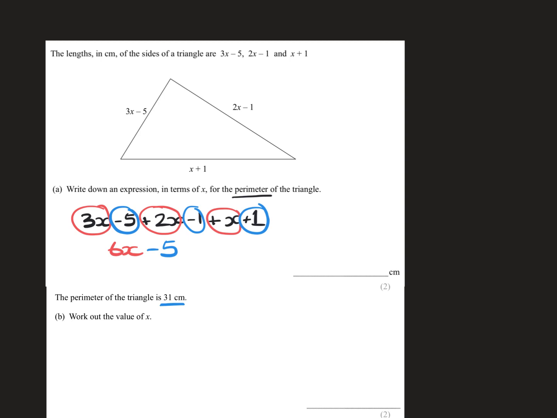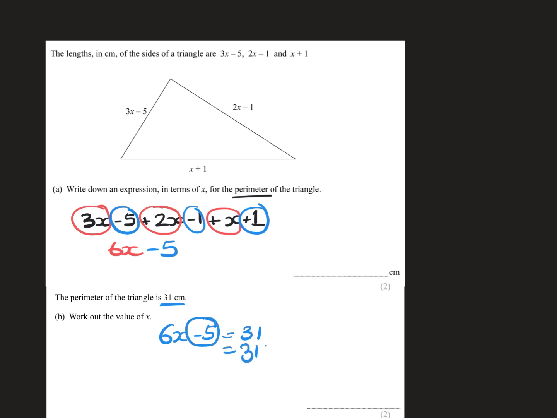So we now know that 6x minus 5 is equal to 31, because the perimeter is 31. So we're trying to find out what x is. This is a two-step equation that you're going to solve here. If you have never done two-step equations before, you might need to go back, and there's a video on solving two-step equations. So the first thing we do is bring our minus 5 over to the other side,